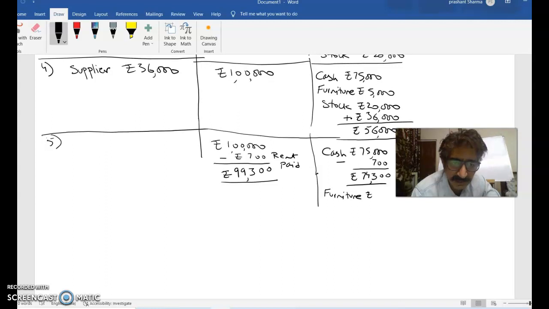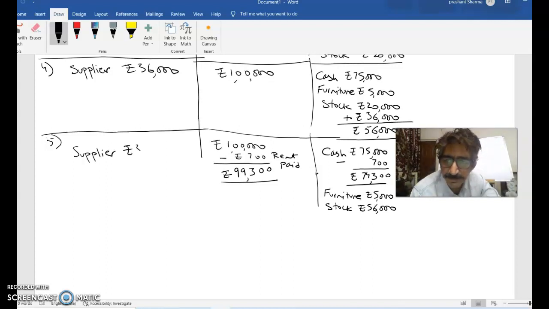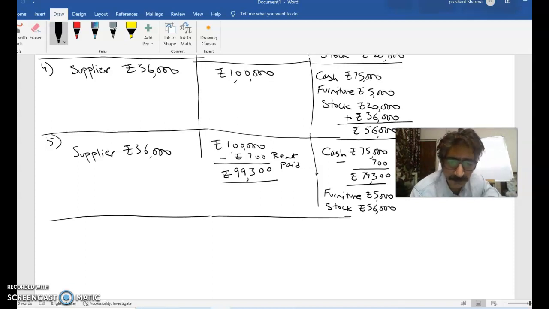Furniture at 5,000, stock at 56,000, supplier on the liability side as it is 36,000. Okay, we'll do the total at the end, and we move on to the last one,